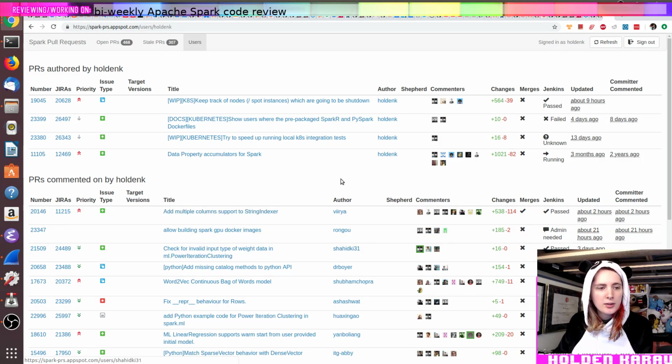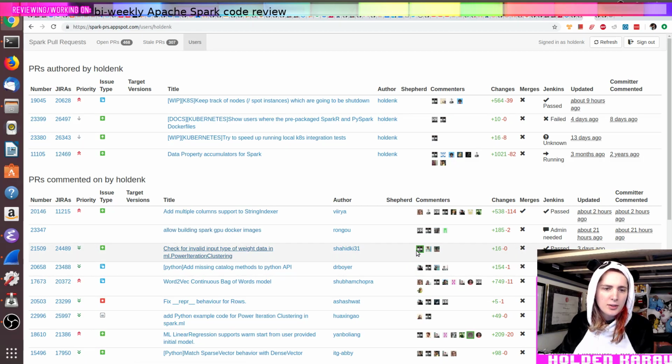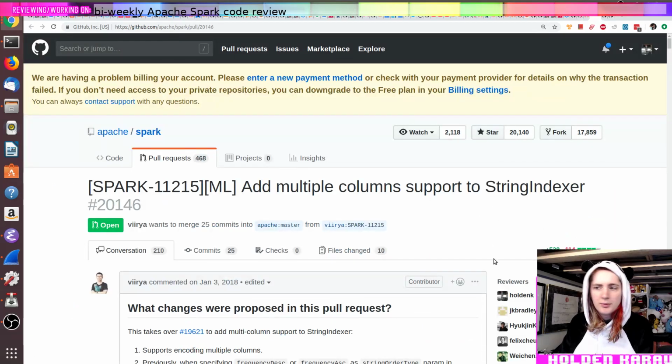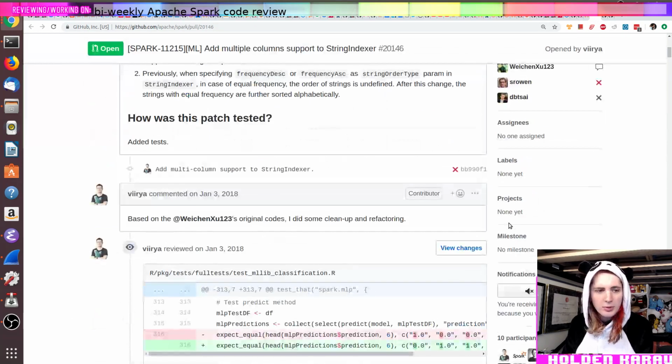Looks like the string indexer one, yep. This one probably has been updated, but I think it's probably just going to be discussion. And this one, 3 days ago, so I think that's me. It says green. That's weird. Did I say it looks good to me? Or maybe it was looks good to me pending Jenkins. But maybe it's done, and that would be pretty exciting. Okay, that being said, just need to remember to pay GitHub.